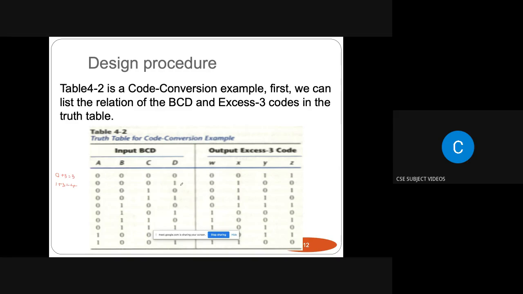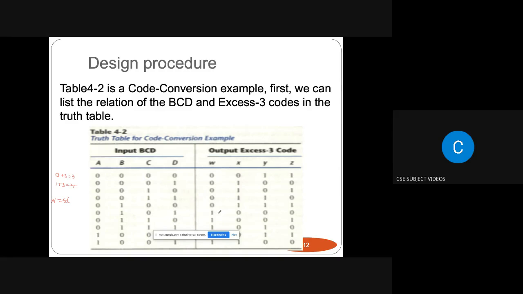After forming the truth table of this code conversion, BCD to XS3 code, we have to find out the Boolean function. So here we are having 4 output columns. For each and every one of these 4 output columns, we have to find the Boolean function separately using the Karnaugh map. After finding the Boolean functions separately using the Karnaugh map, we have to draw the circuit diagram as a single circuit. So this W, sum of minterms for this W column is W equal to summation